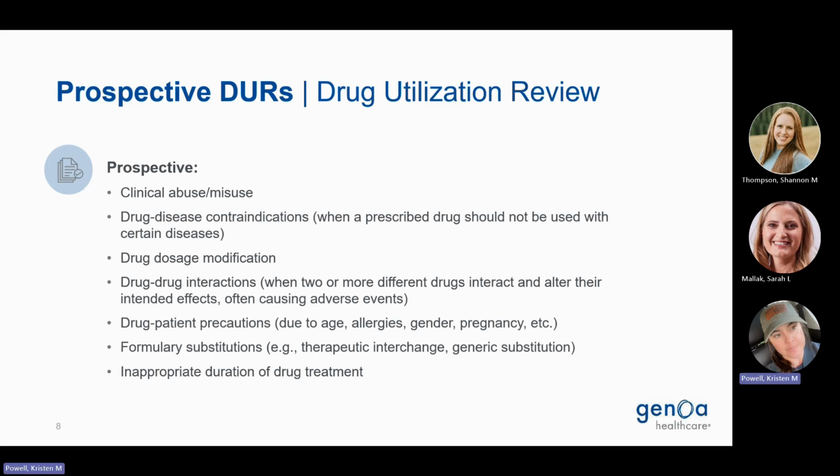We also look at formulary substitutions, such as therapeutic interchange or generic substitution. These are common practice in pharmacy. Prospective DUR helps to determine if a formulary substitution is appropriate and ensures that the substituted medication is therapeutically equivalent